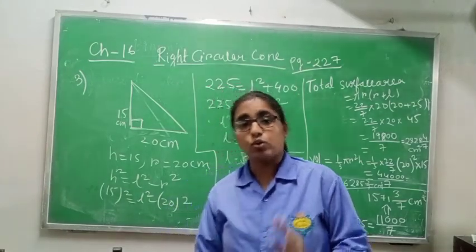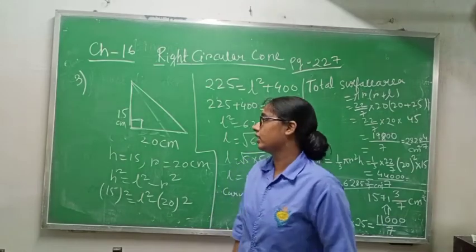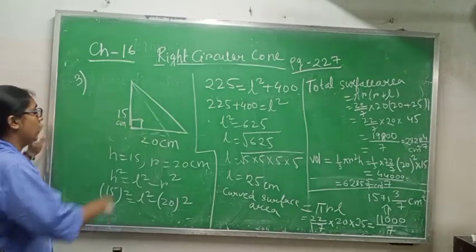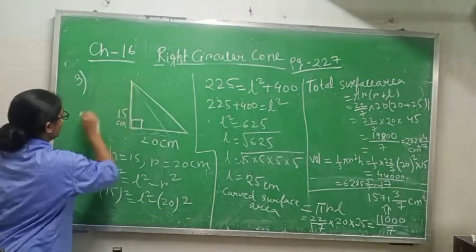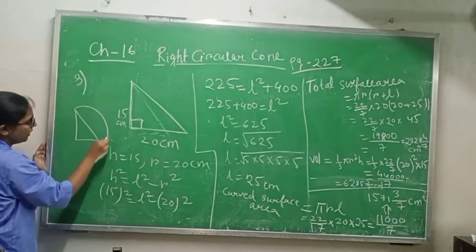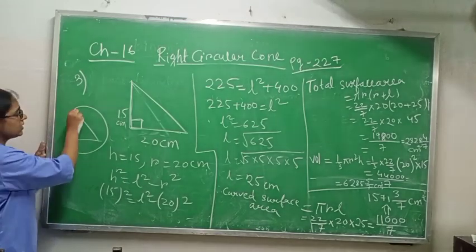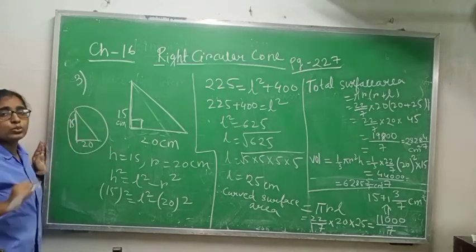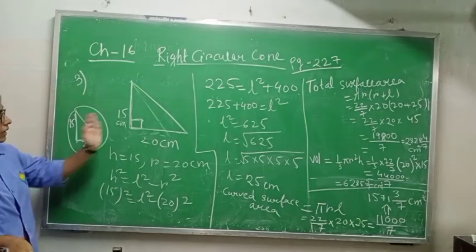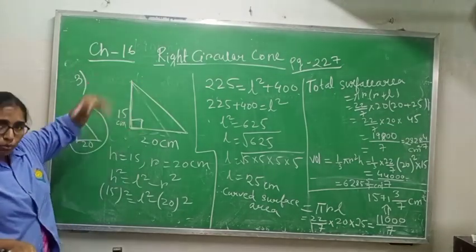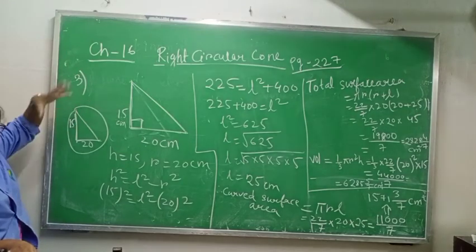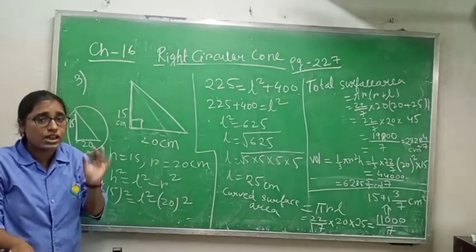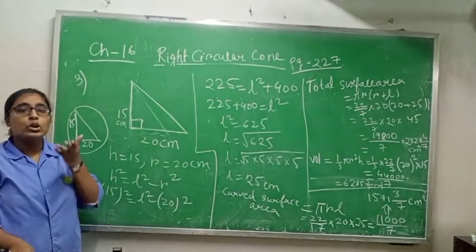They are just confusing you. What they are saying is that there is one right angle triangle and the sides adjacent to the right angle are 15 centimeter and 20 centimeter. Taking 15 centimeter, this triangle is revolving from here. Again it is coming back. It means it starts from 15 and again comes to 15, so this one is 15 only and this one is 20 only. Understood? Again I am repeating, when it revolves once, means it moves once completely, then it comes to the same place, so this one will remain as it is, this one will remain as it is, nothing will change. They are just confusing you by writing 2 or 3 lines.